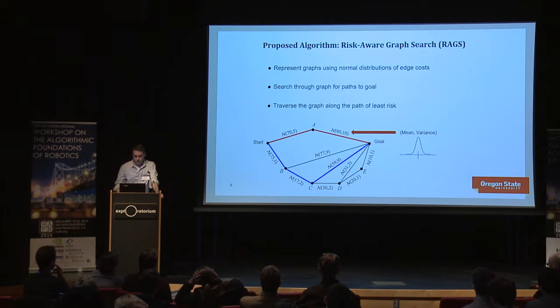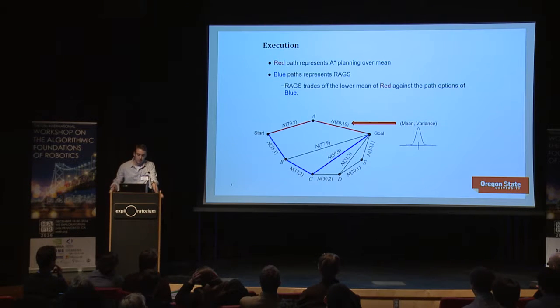In this example, A* is picking the low mean path, instead of incorporating the availability of alternative routes and the option of having lower cost paths available because of those options. So RAGS takes into account lower mean, trade-offs between child paths and